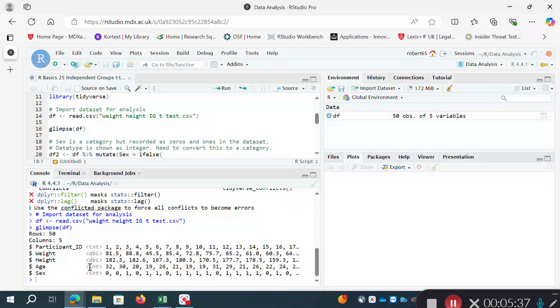Age is shown as an integer, because it's just an integer value for their age. They're 30 years old, they're 20 years old, etc. Sex is also shown as an integer, and it's shown as 0s and 1s in this particular data frame. So when I've imported the data frame, sex is dummy coded on that spreadsheet. So 0 is male, 1 is female,